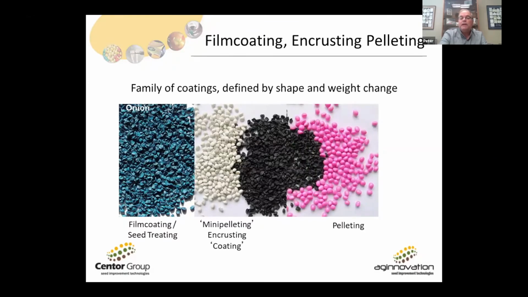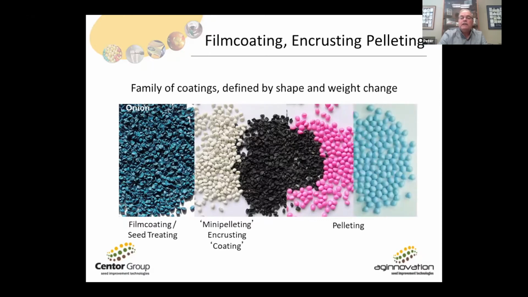And then finally, we get into pelleting of that particular seed. Here you have the full range of seed technology for a species, in this case onion, ranging from film coating through mini pelleting or encrusting, up to a full pellet. Now, not every seed crop is utilizing these technologies in the full gamut. Vegetables tend to be more utilized in this area. Broadacre crops, corn and soybean, traditionally tend to be just in the film coating seed treatment area of the family of products. This gives you a broad view of the opportunities of applying seed technology to seed